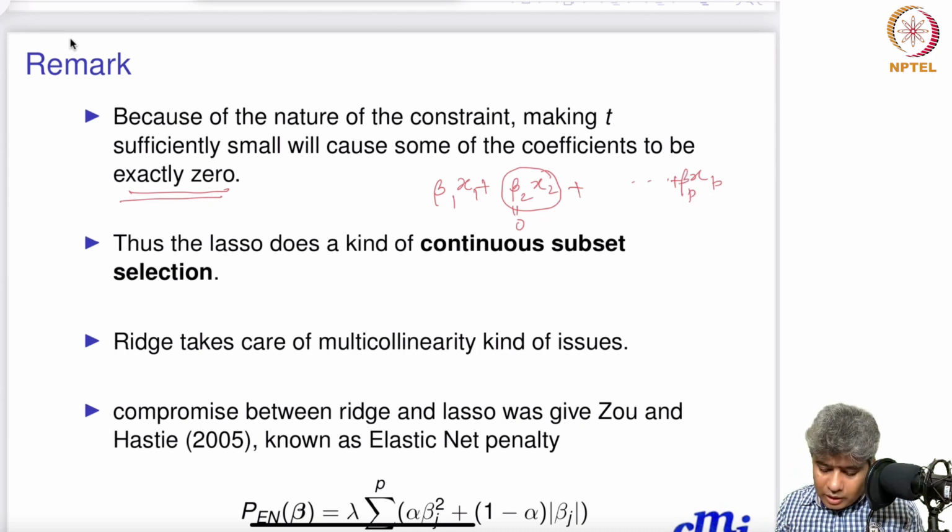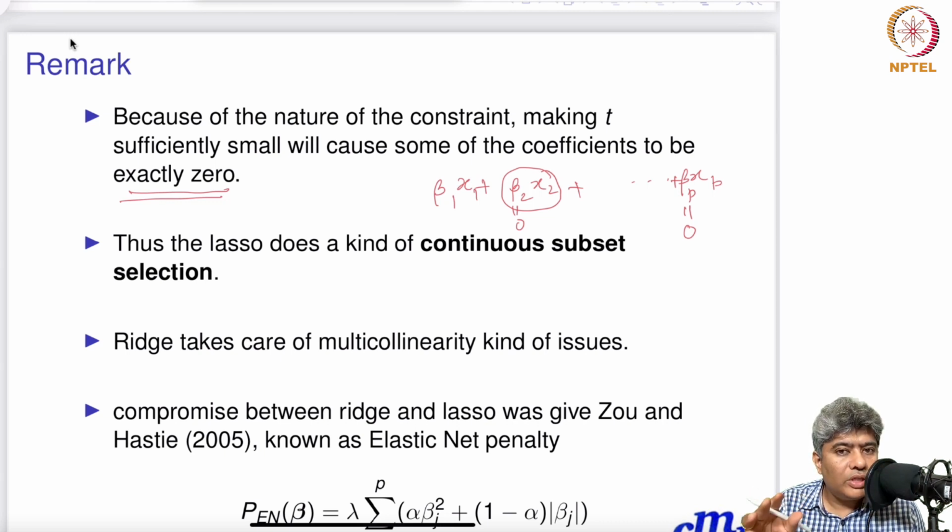I am fitting one model with lasso penalty, and if it turns out suppose beta 2 equal to 0, beta p equal to 0, that means effectively I am dropping x2 and xp from the model, and I am obtaining the best fitted model by that. So in one shot I am getting the best model